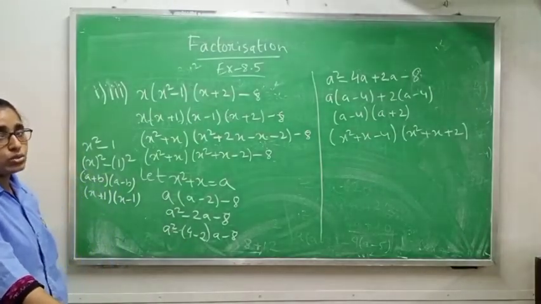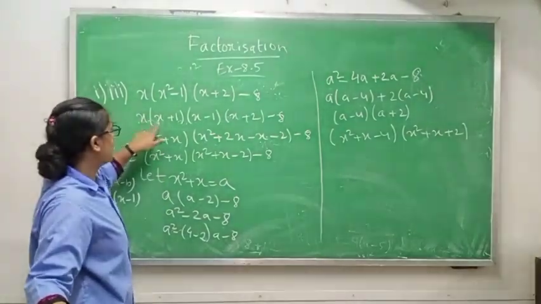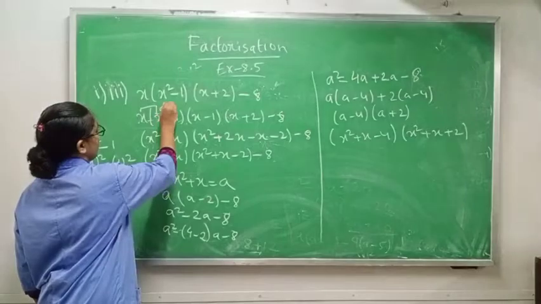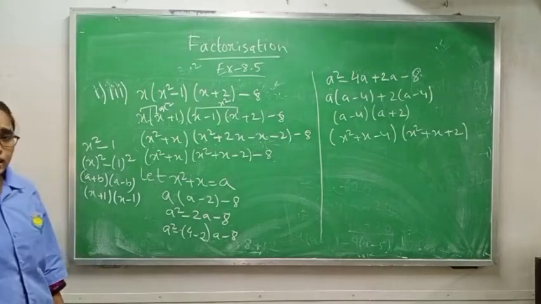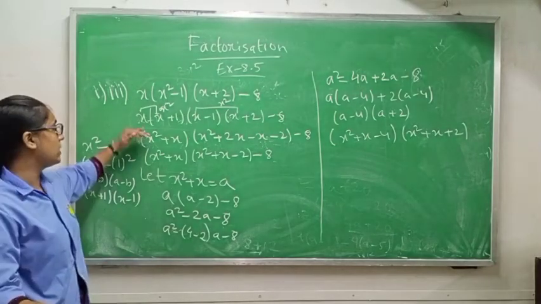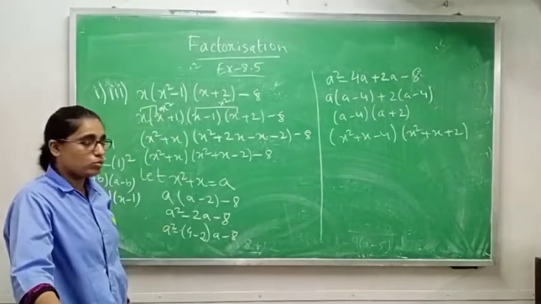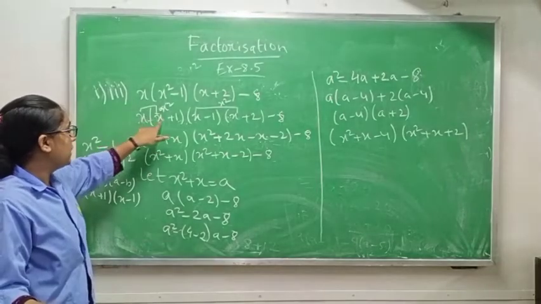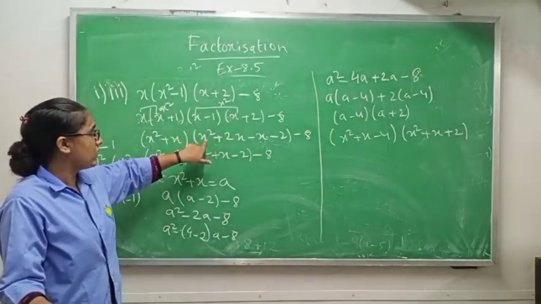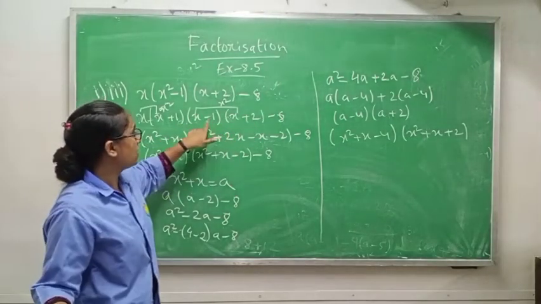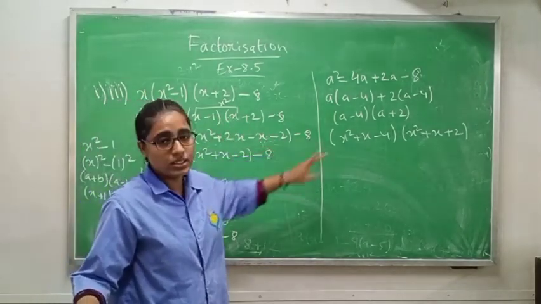I told you in the last question also that you have to make pair. How you will make? Multiplying first term with first term. So x into x, okay, you are getting x square. Same, x into x, you are getting x square. When you will get same after multiplication, then you can make pair. Means x can be paired with x plus 1 and x minus 1 can be paired with x plus 2. So that is why I am multiplying this, x into x, x square, x into 1 plus x into x square, x into plus 2 plus 2x, minus 1 into x minus, plus minus 1 into 2 minus 8.